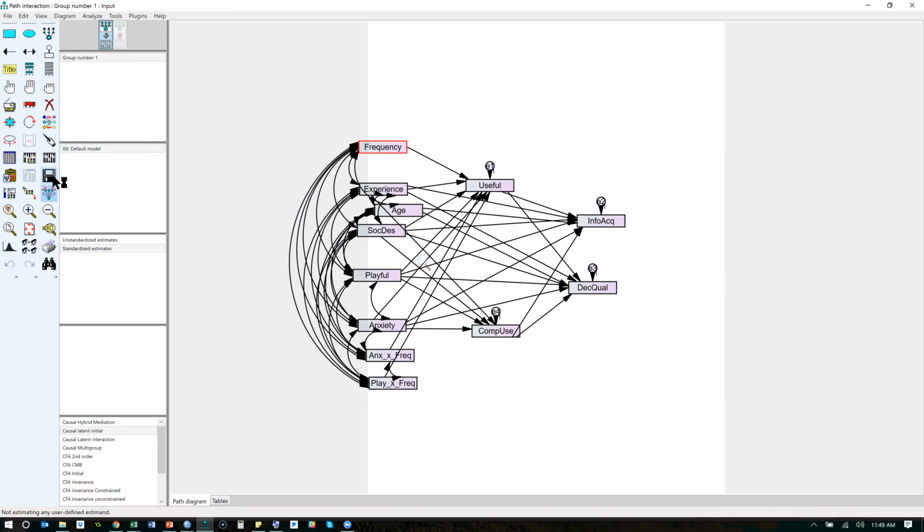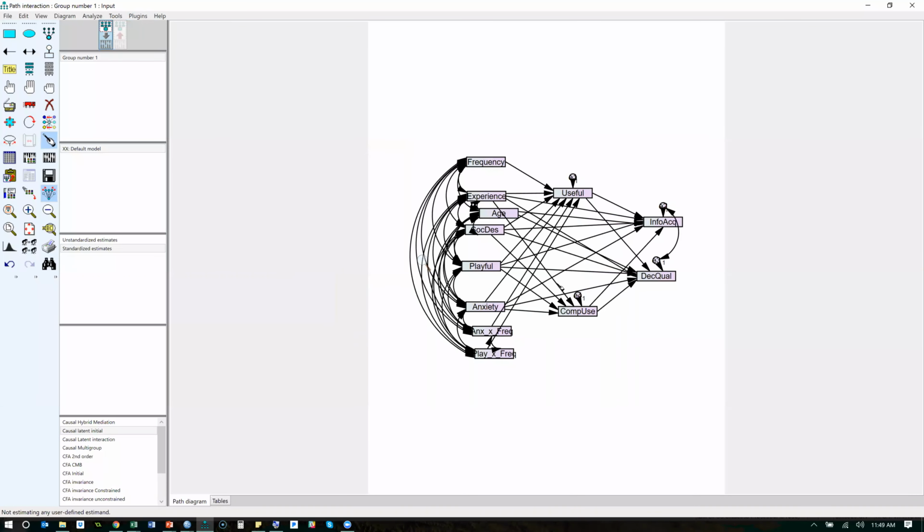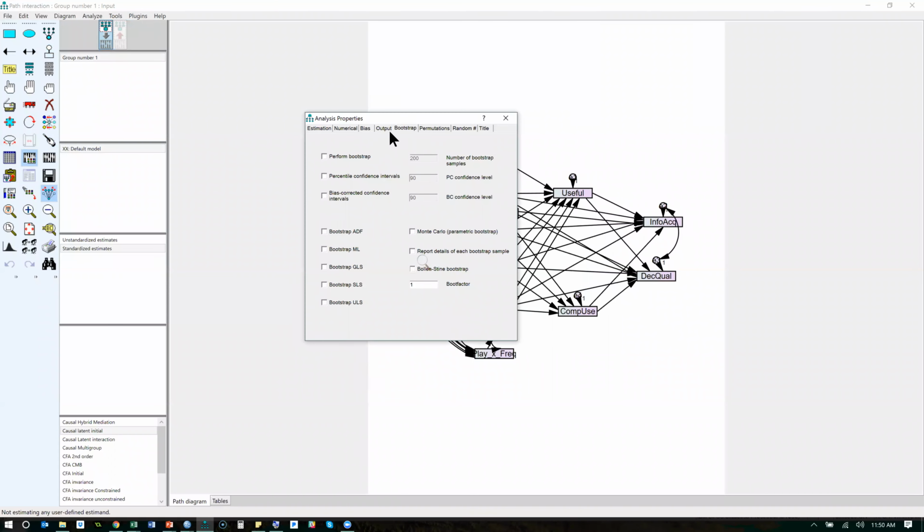We did. Oh, the errors? Yeah, we can covary those errors right there. Okay, so this is the same model we just had up, except with frequency, not experience, but it's not latent. I'm going to really quickly magic clean this. There we go. Okay, and we're going to check in the output,